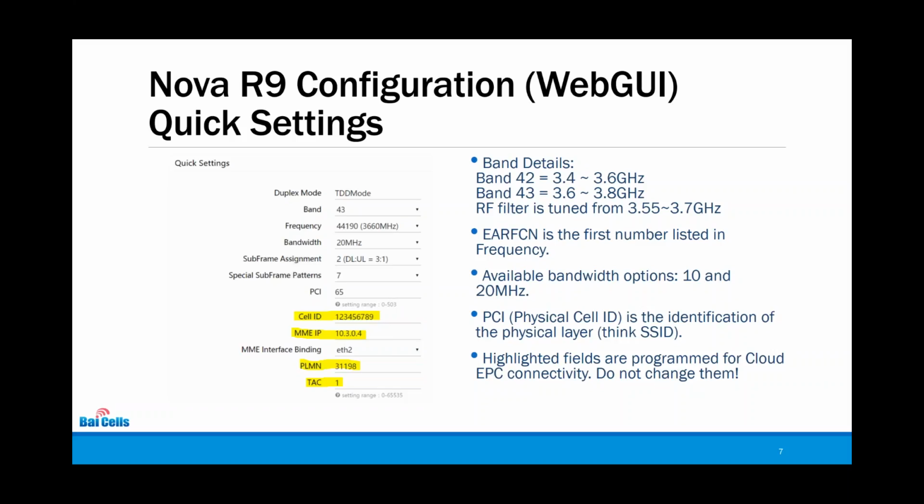For the ones Patrick was mentioning, you just have to reapply or resave this page if the wrong config was entered. But anyways, just for everyone to know, the RF filter on the eNodeB itself is tuned between 3.55 and 3.7. So the base station is basically designed and CBRS ready at this point. We're just waiting for the FCC laws and all that to finally take place. But for now, band 43 is going to be the only option, since all we can legally do at this point is from 3.65 to